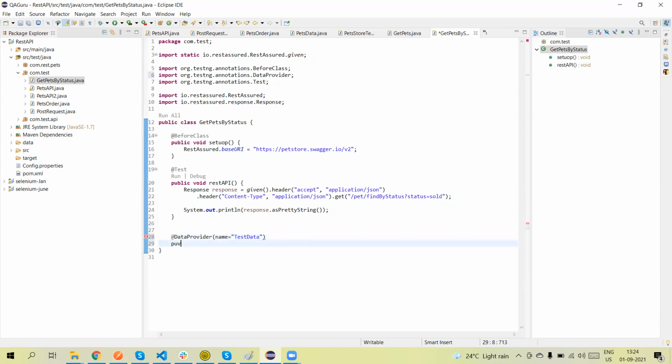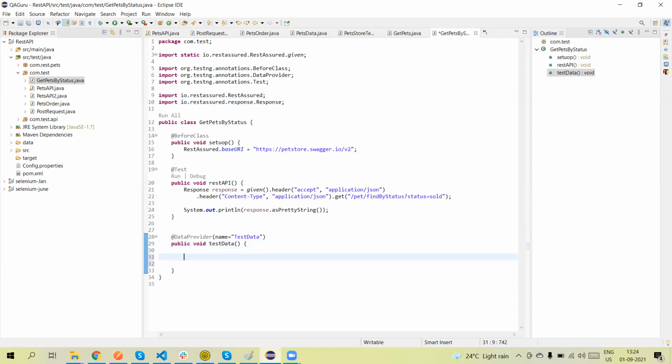Next, create a method testData. You can give any method name. When we create the data provider, it should return a two-dimensional object array.